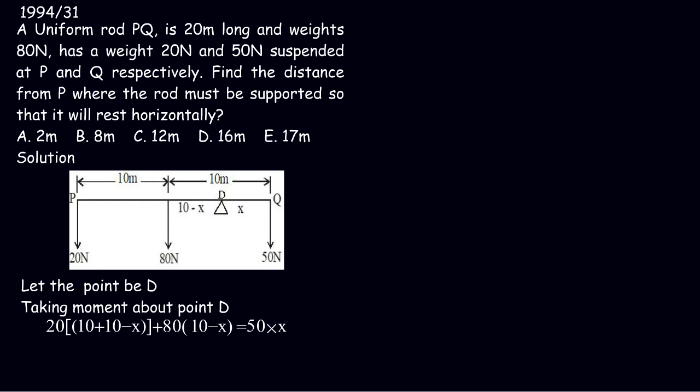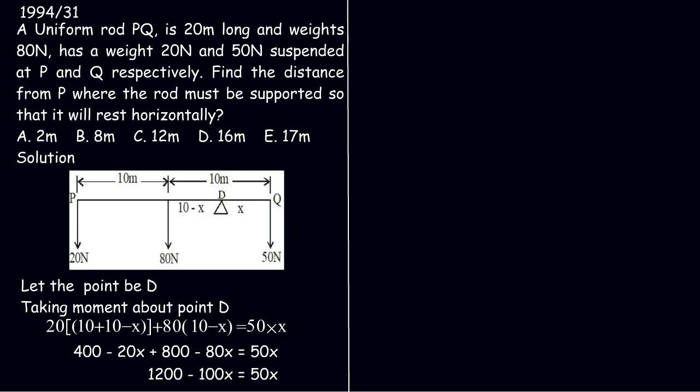Expanding our bracket, it becomes 400 minus 20s plus 800 minus 80s equals 50s. Simplifying further, it becomes 1200, that's 400 plus 800, minus 100s, that's minus 20s minus 80s, equals 50s. Collecting like terms, it becomes 1200 equals 150s, because when our negative 100s goes to the other